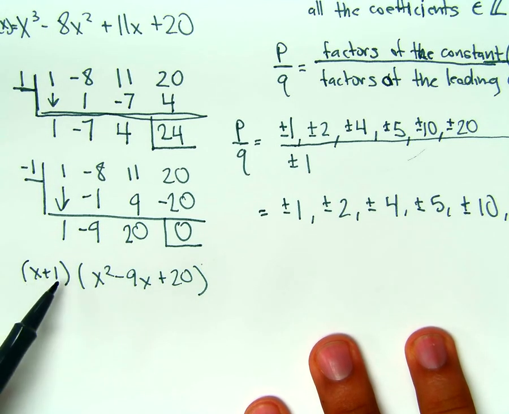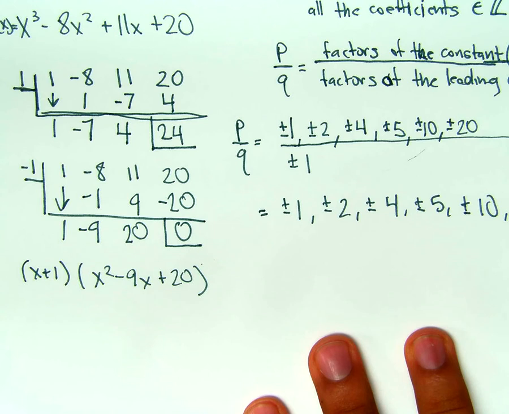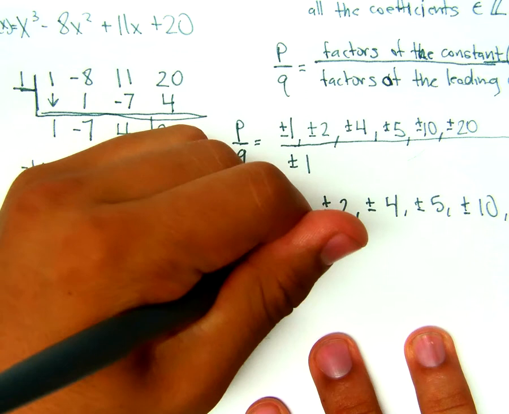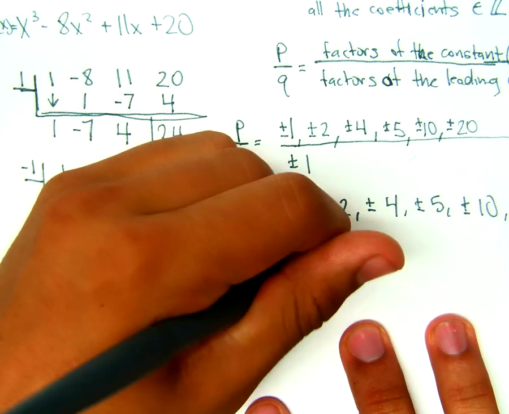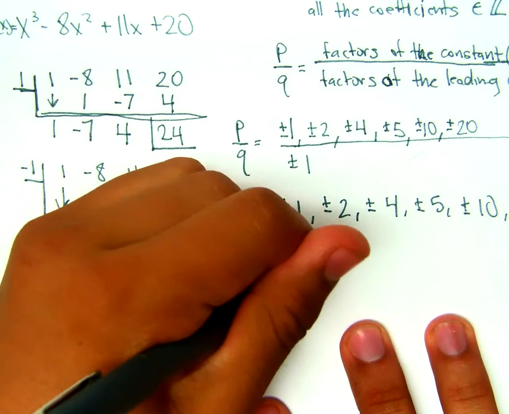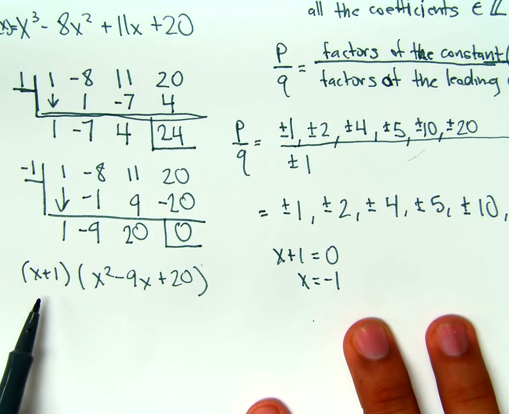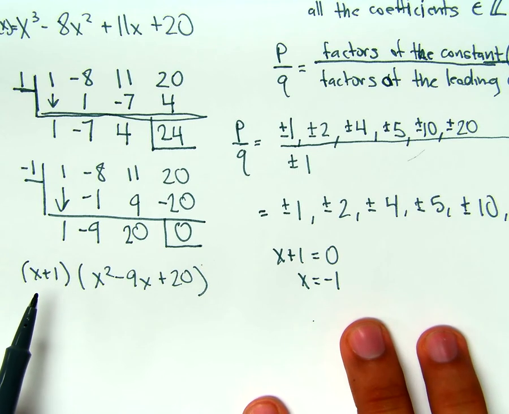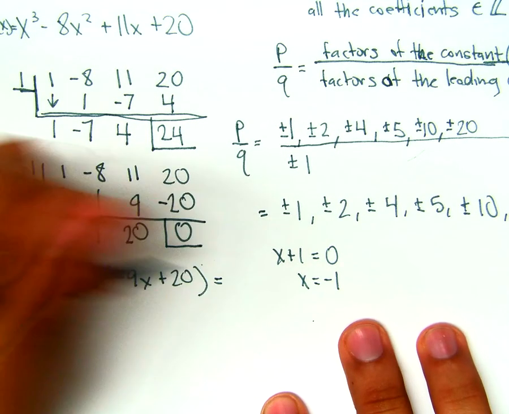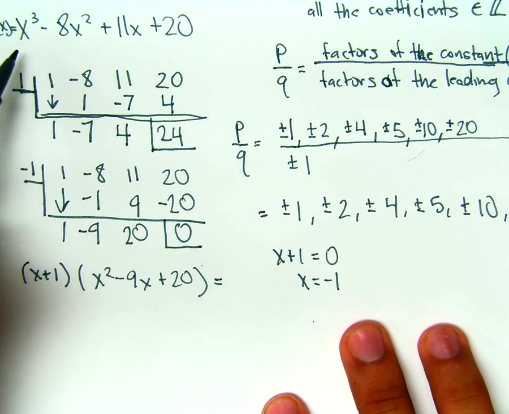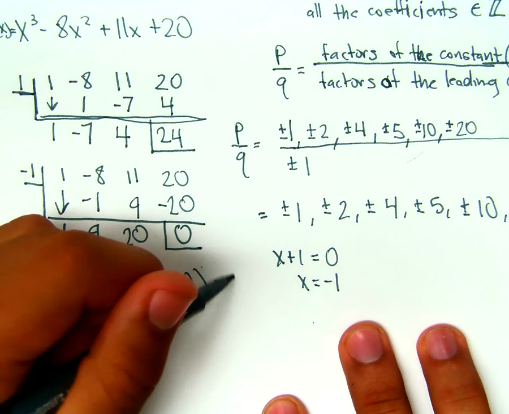Why do I have x plus 1 and not x minus 1? Well, what happens when we set x plus 1 equal to 0? What happens? Yeah, when we solve for x, we'll get x equals -1. That's what we said the root was, right? So when we want to write it as a factor, we have to make sure we put it back correctly, okay? So when we were originally asked to find all the solutions, we want to set our function equal to 0,